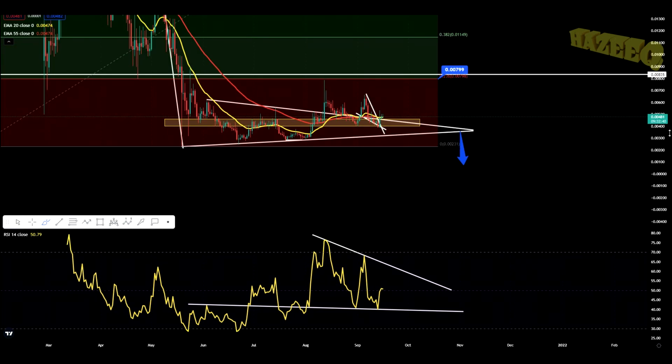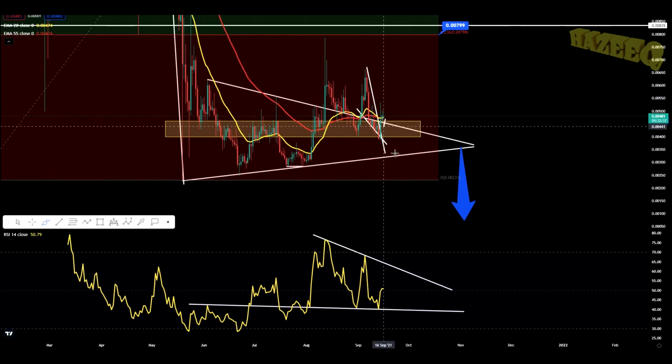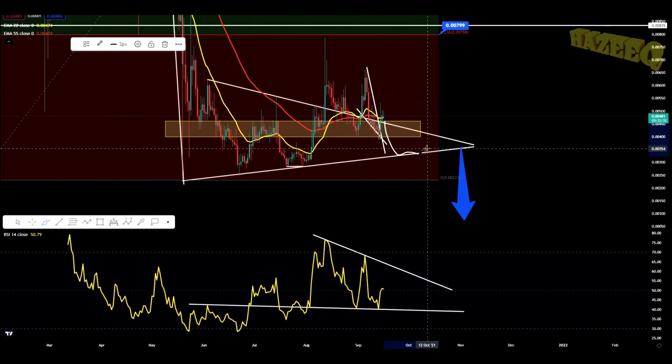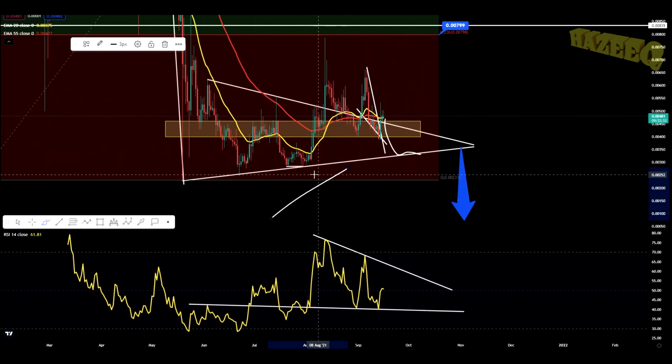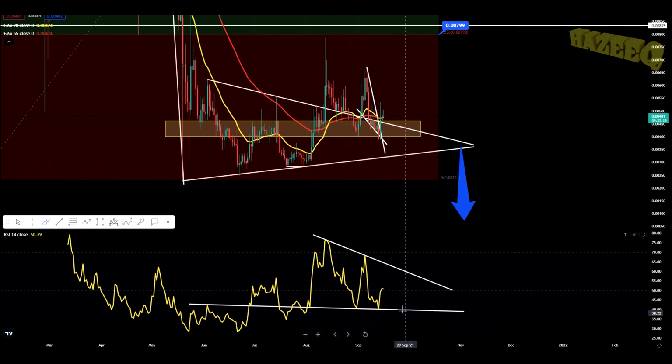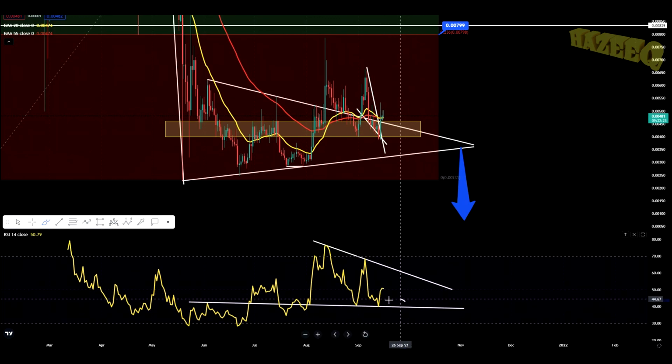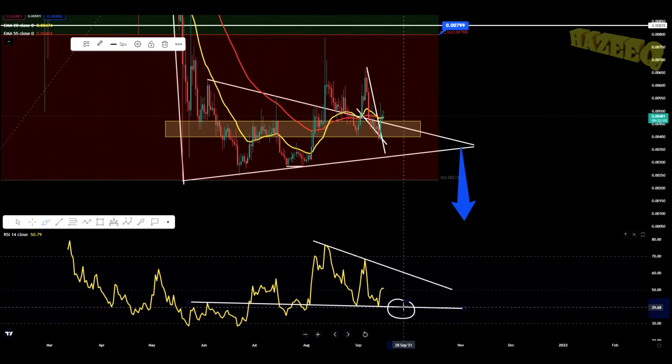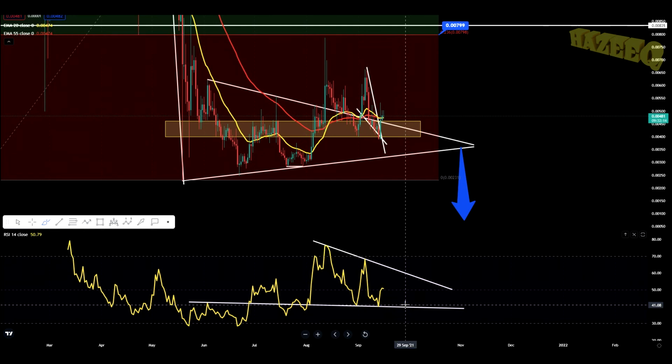But realistically, what could happen is if we come back to this pattern, we just bounce off this support line over here that we have, this large support line, okay? So that's something that I'm expecting, and that could co-align with a drop off below this support line on the trend line, okay? On the RSI. So just keep an eye, just put some limit orders when you see this RSI being tested, this support level,